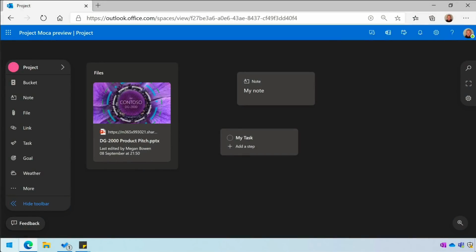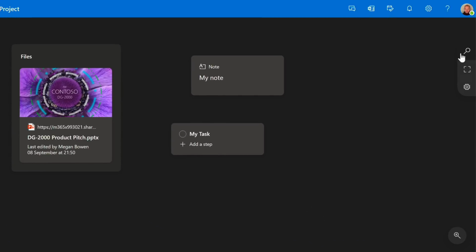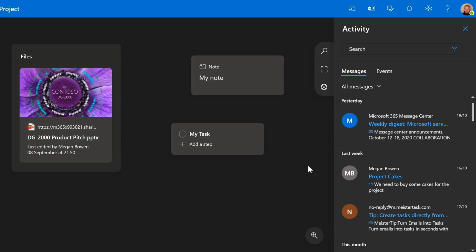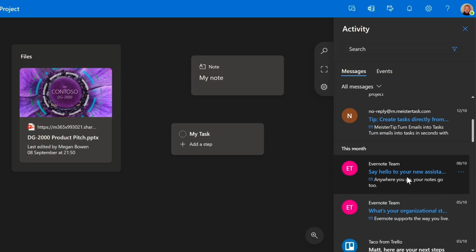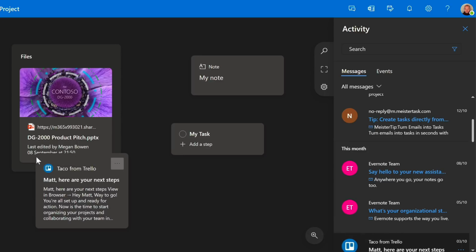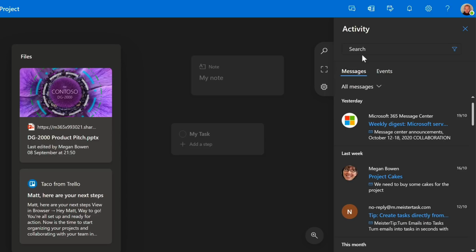The space also integrates with your email. Over here on the right hand side, we have a toolbar that allows you to search for email and events from your mailbox. If you choose the search button, it will take you to the activity bar, and you'll see the messages here are pulled from your mailbox. You can see them listed here and you can just drag them onto the canvas or drop them into a bucket. It has a tab for messages and events and also a search box where you can look for them by keyword.